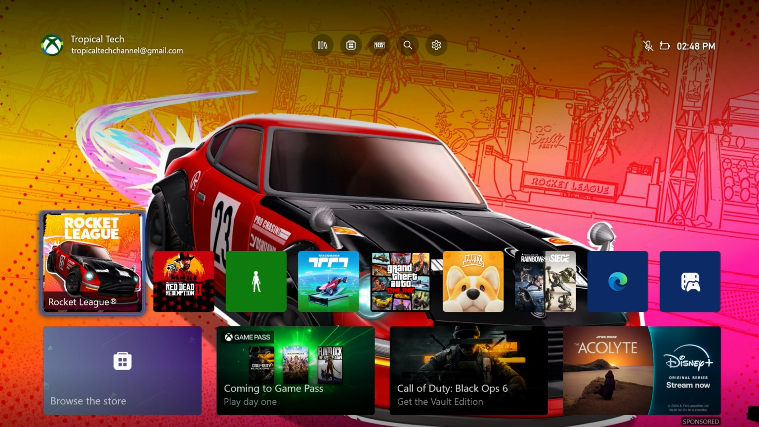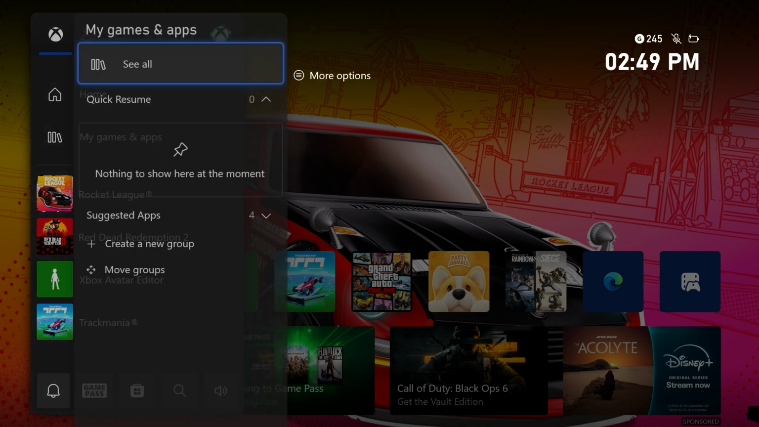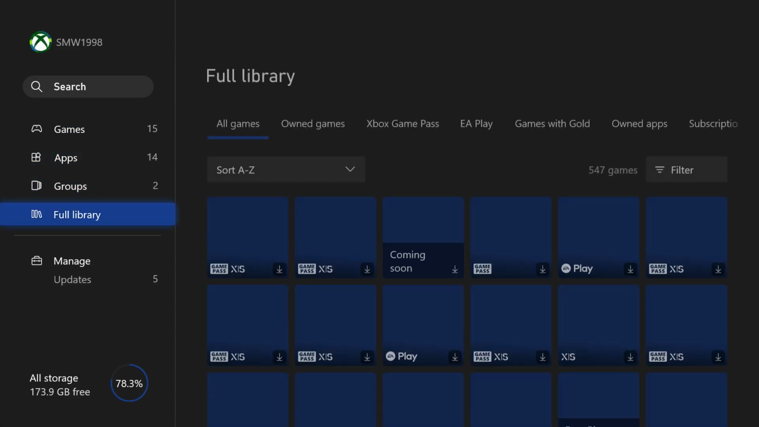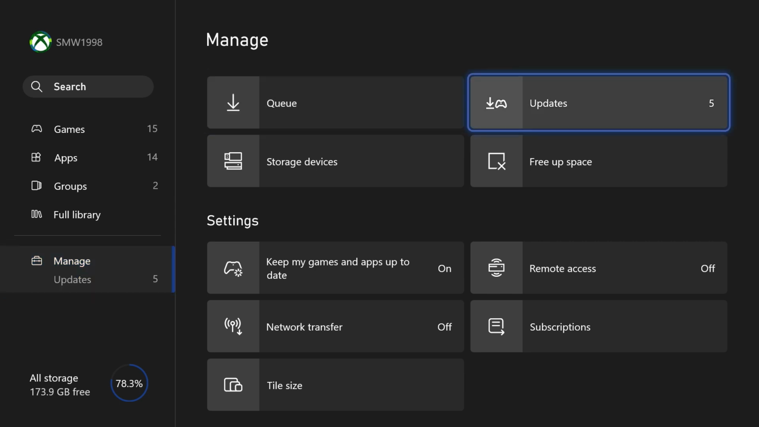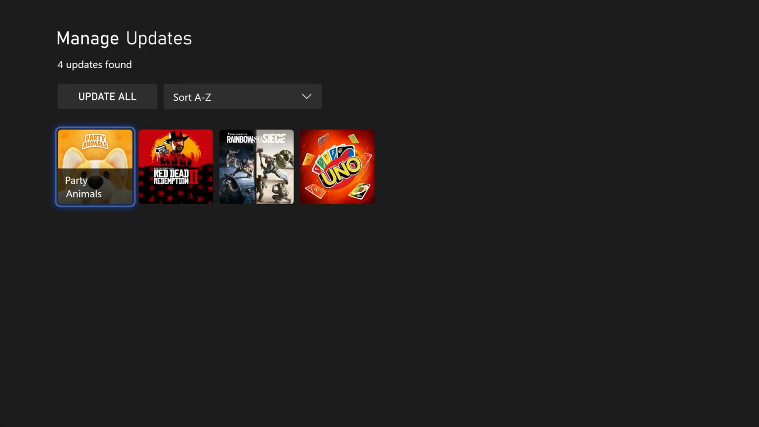Next, we'll try and see if there's any updates available for the game. Often games will not load or crash when the game is outdated. To manually check for updates, open up the menu by pressing the Xbox button on your controller. Head to My Games and Apps in the Home tab, and then choose See All. Within here, choose Manage from the list on the left and then select Updates. You should now be able to manage the game updates and start them installing from here if there are any